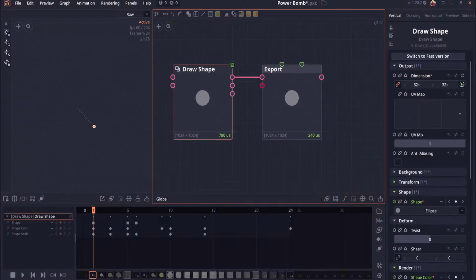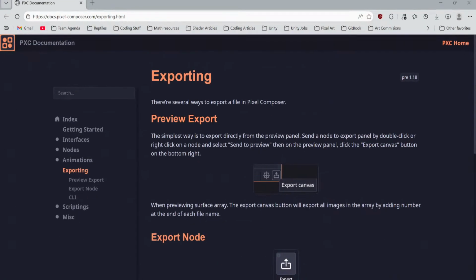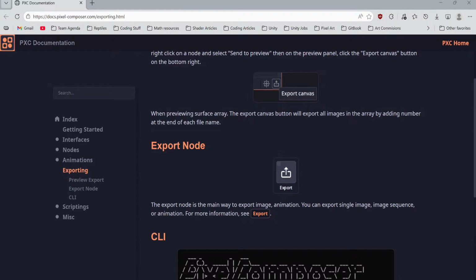So I'm actually gonna go to the documentation, Pixel Composer, export, sprite sheet. Export, yeah, okay. Exporting sprite animation. All right. This is some of the fun parts of development. Okay, so